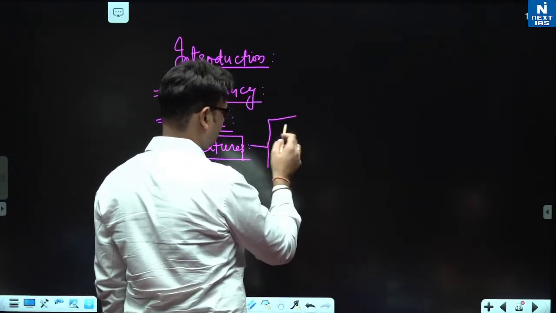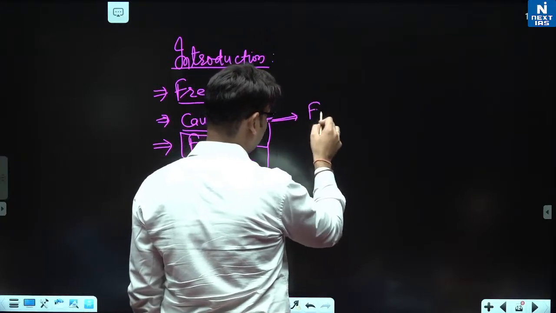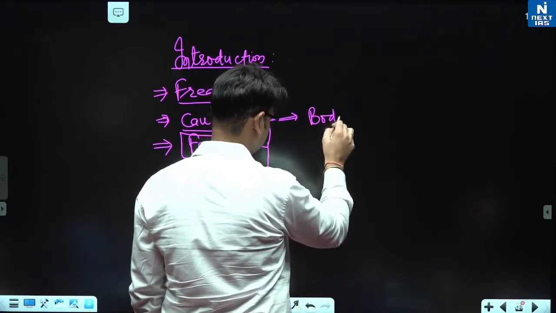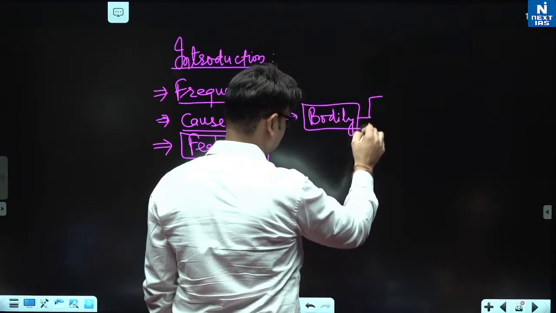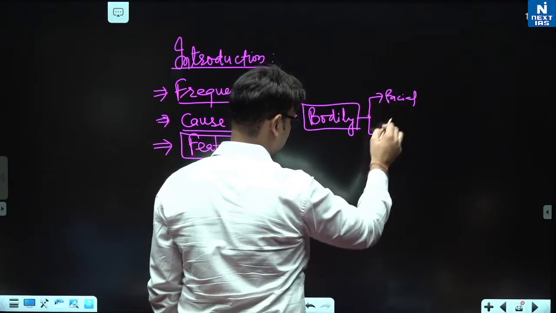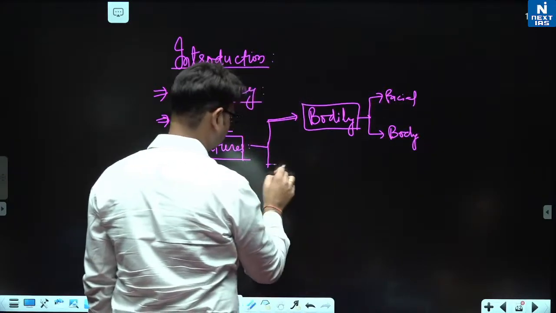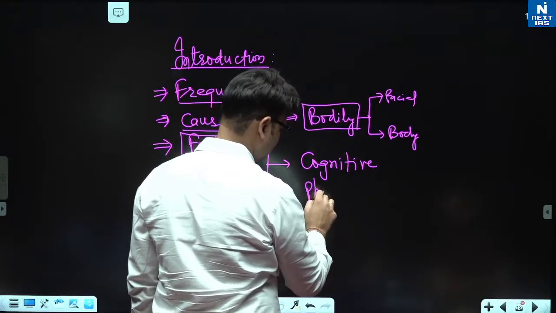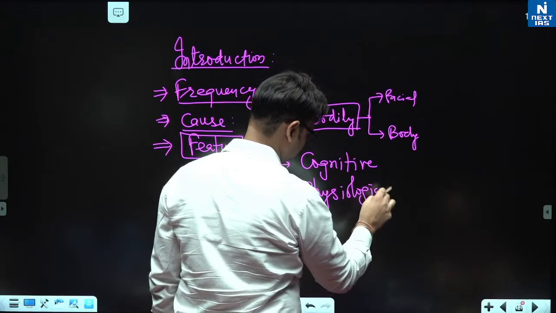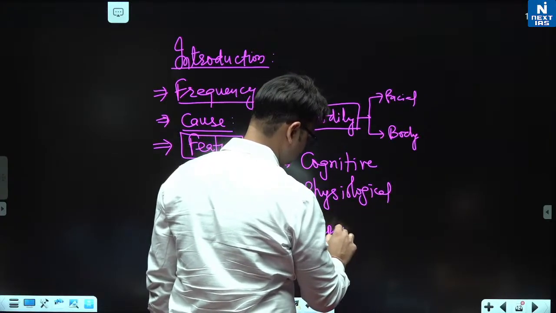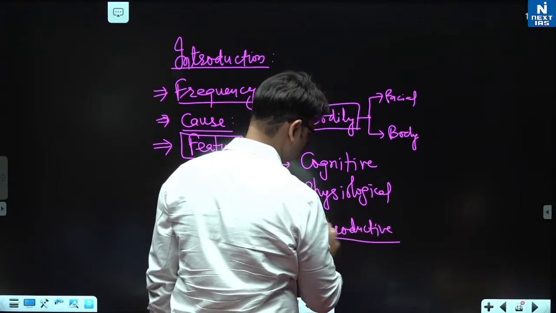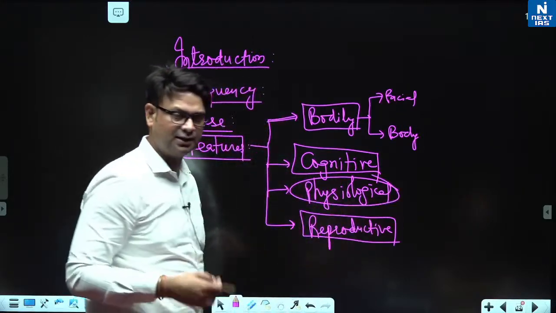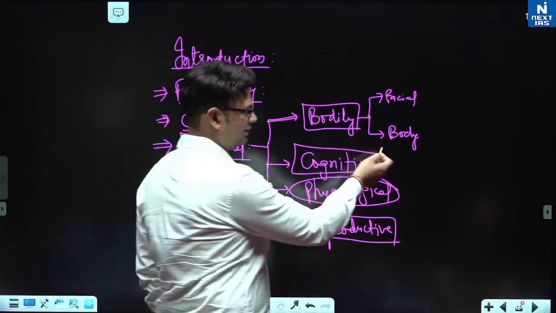okay, in features you can talk about, say, general, you can say facial features, or you can simply put bodily features, ठीक है, you can talk about facial and you can say general body features, you can talk about cognitive capability, you can talk about physiological capability, you can talk about reproductive, ठीक है, in Down syndrome cognitive function is, you can say, compromised, physiological function, congenital heart disease can be there, right, thyroid problems can be there, right, body में you can say